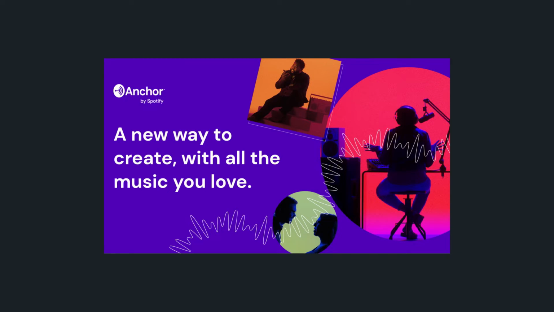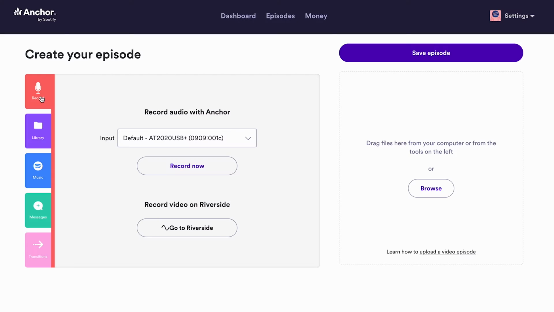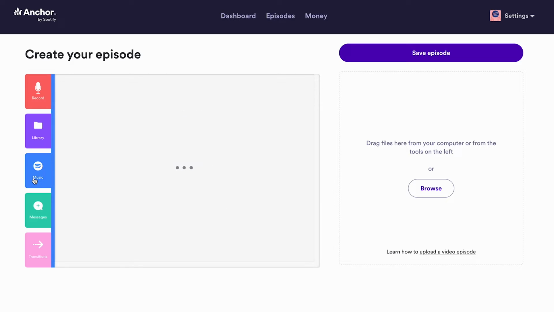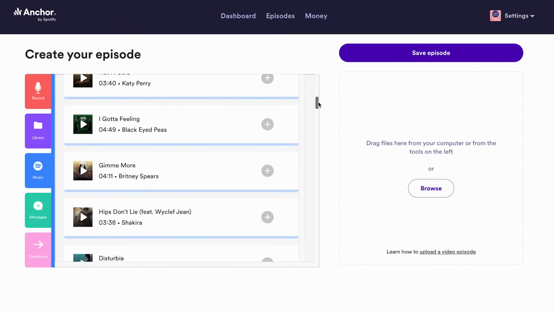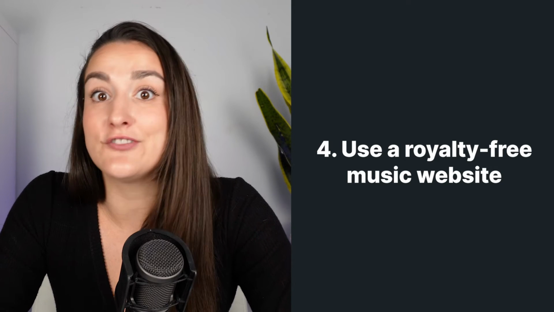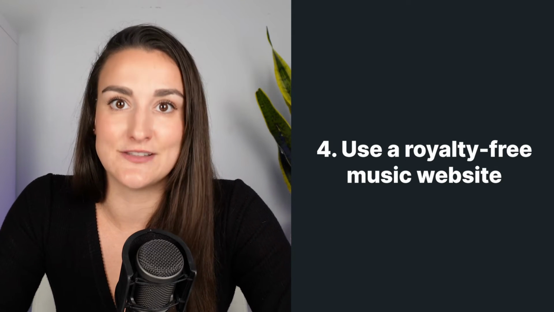As I mentioned earlier, there is a way to get around the copyright protection for popular tracks. Because the podcast hosting site Anchor is a product of Spotify, you can actually use any tracks from Spotify throughout your recording. What's cool about this is if you use a track, it counts as a stream for the artist, so it benefits both you and the original artist. There are some limitations with this, though. You have to use the full-length song and you can't talk over it, so this is best for music and talk episodes. There are tons of websites that provide royalty-free music to creators to use in their projects.